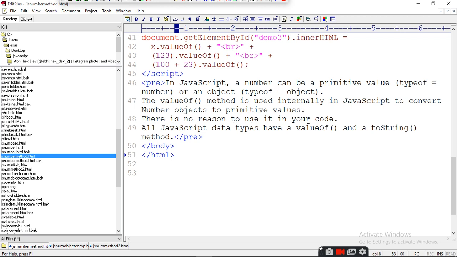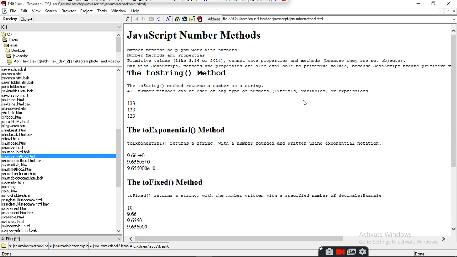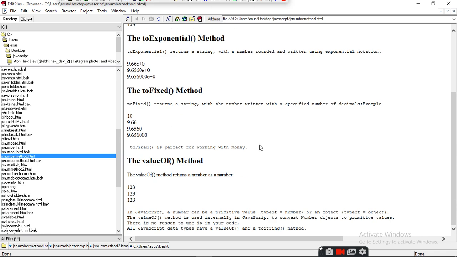There is no reason to use it in your code. All JavaScript data types have valueOf and toString methods. So when you write this, it will give you the same value as toString. It will give you 1, 2, 3 in all cases.